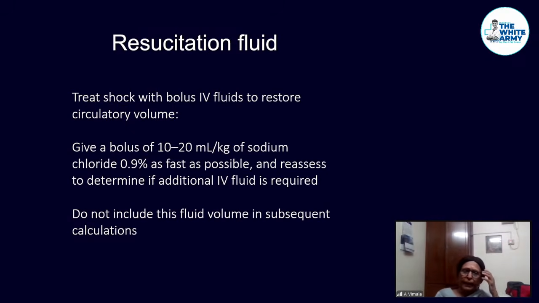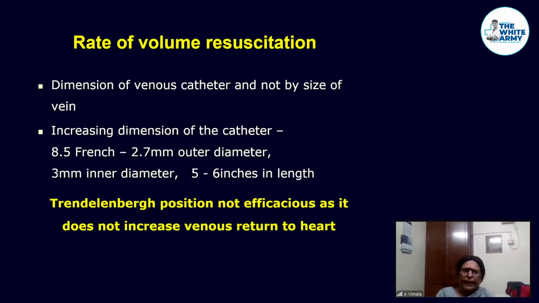So now we have to treat the shock with bolus IV fluids, restore circulatory volume. How do you do it? 10 to 20 ml per kg of sodium chloride as fast as possible and reassess if additional fluid is required. You should remember the fluid volume used for resuscitation is not counted when you calculate the other fluids. What is the rate of volume resuscitation? You should always remember that it is not the size of the vein, but the dimension